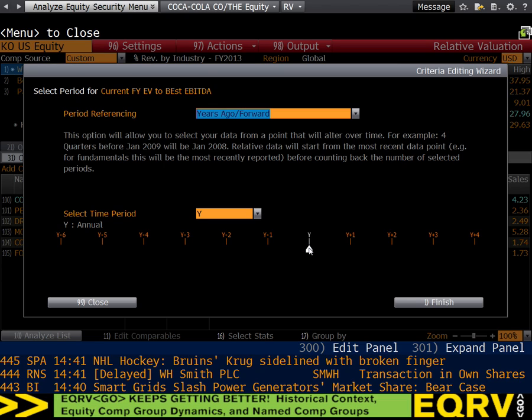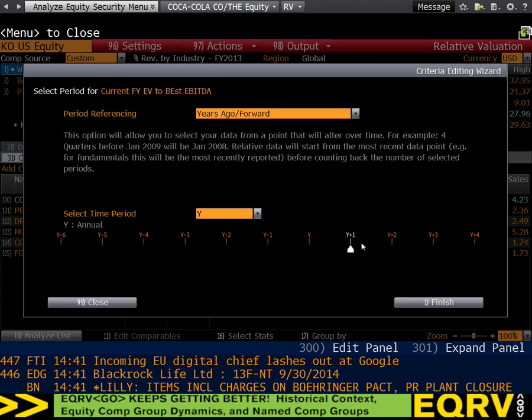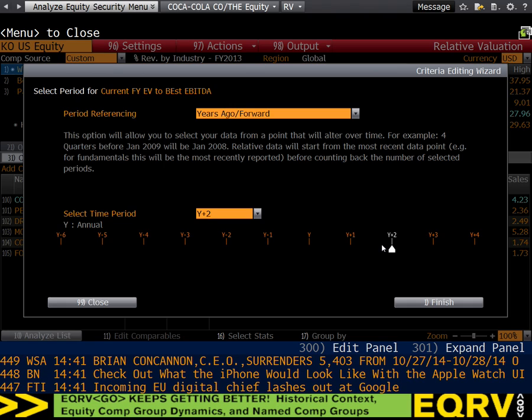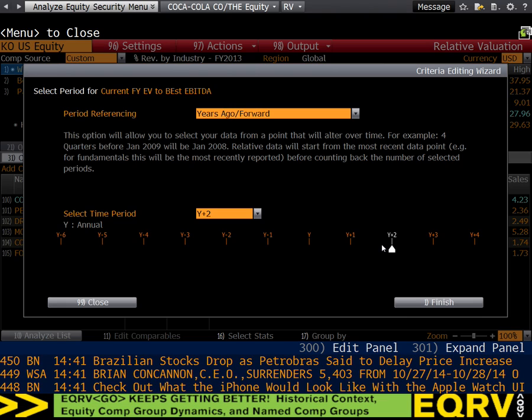This is today, and I could say I want forward year 2, year plus 2, and that gives me a forward EBITDA for 2 years from now. Okay, so this is how I can actually create my own custom period ratio if I use the best. However,